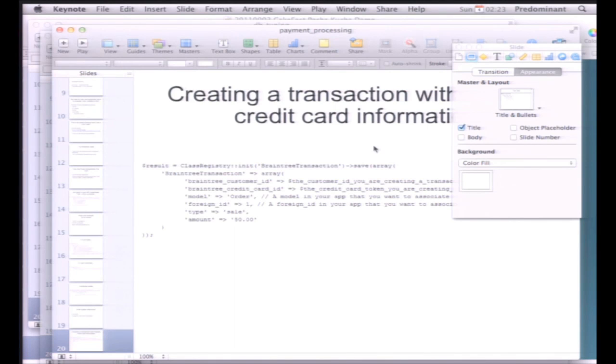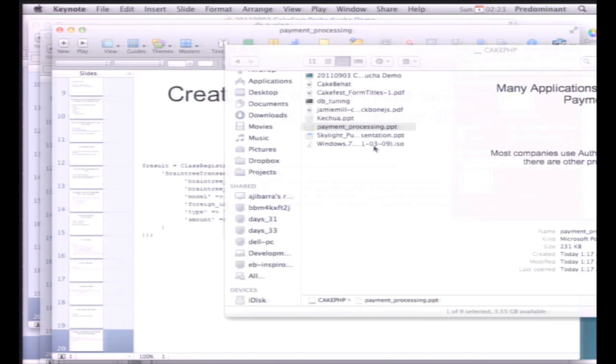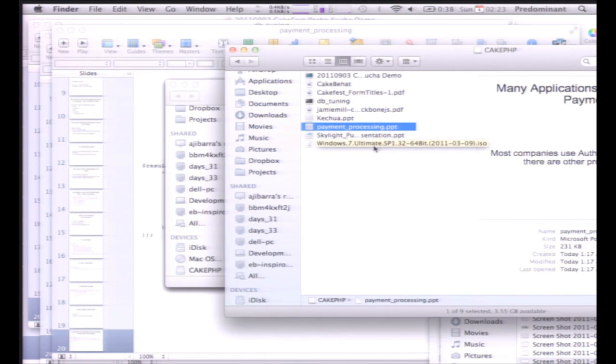Creating a transaction with vaulted credit card information. So once the credit card comes back, we get a token for that credit card. It gets stored in the database. So you could just boot up the Braintree transaction model and call the save method, pass along the customer ID, the credit card ID, and some other information, including the amount that...